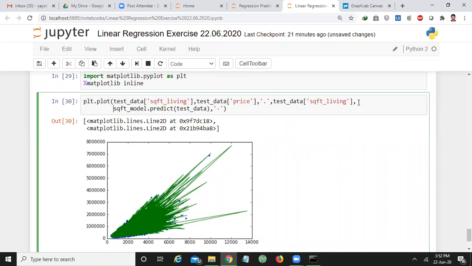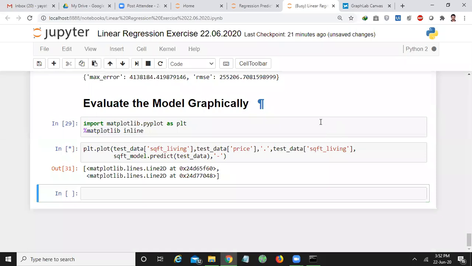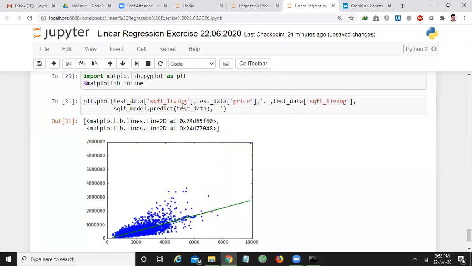So you have to write the testing data. That means I am going to plot this testing data SQFT living and testing data price as the dots here. And I'm going to compare the testing data SQFT living, and I am predicting the prices of testing data, and I'm going to check the convergence of the actual testing data values and the predicted testing data values.